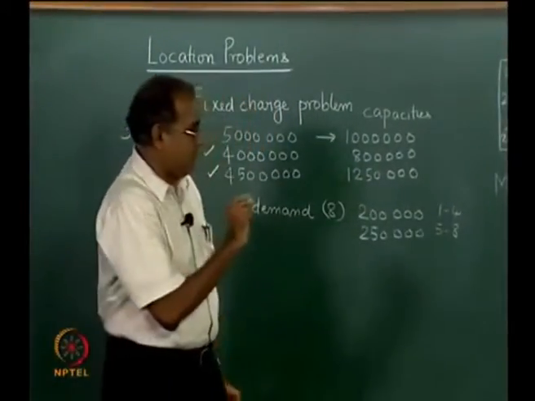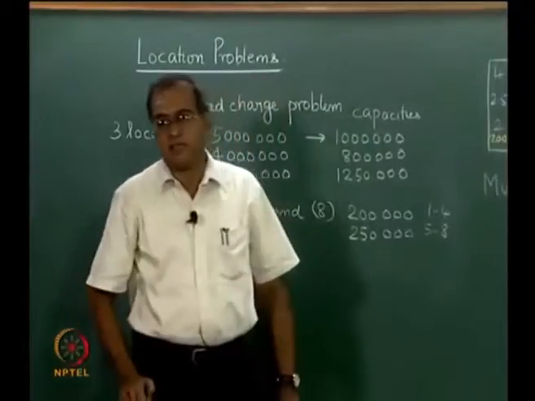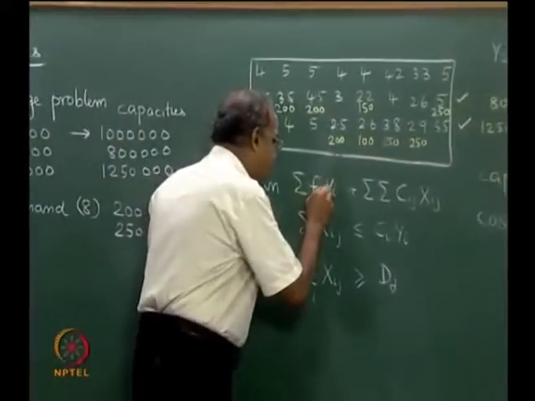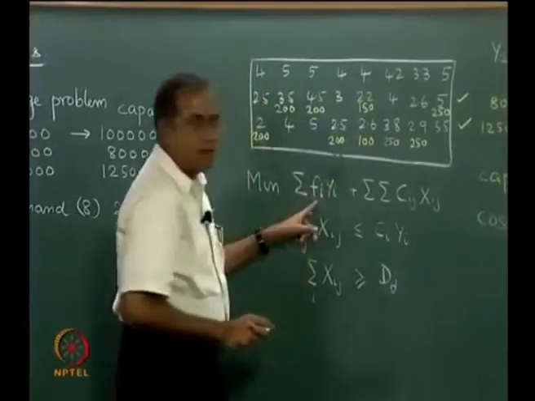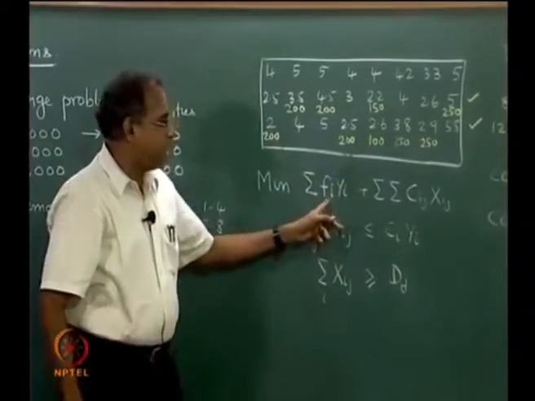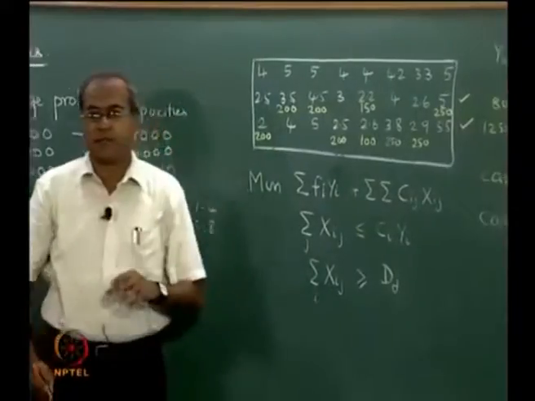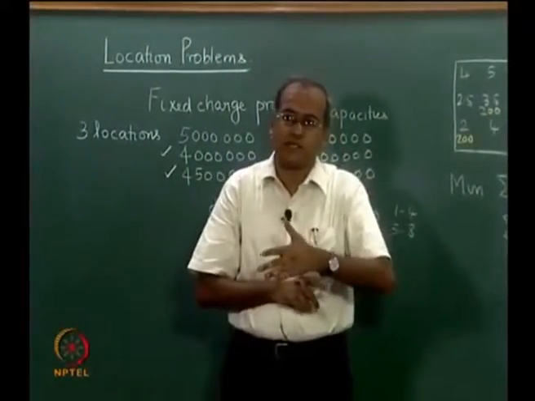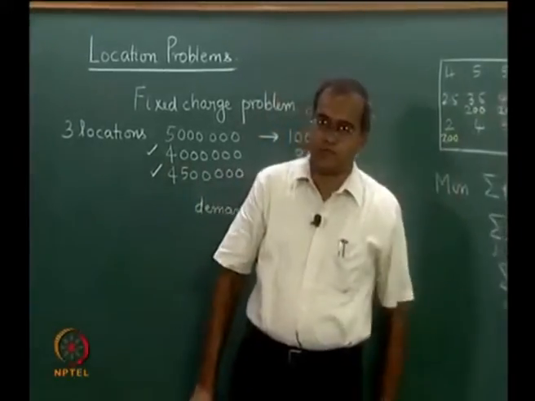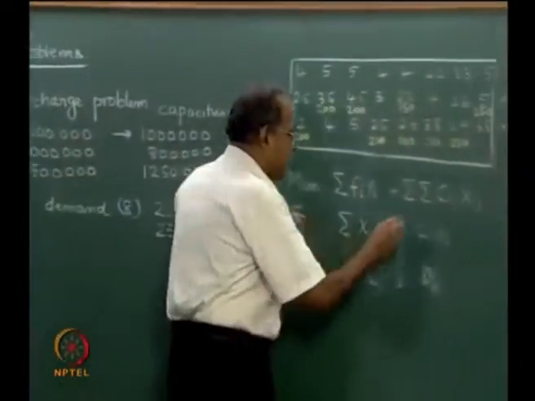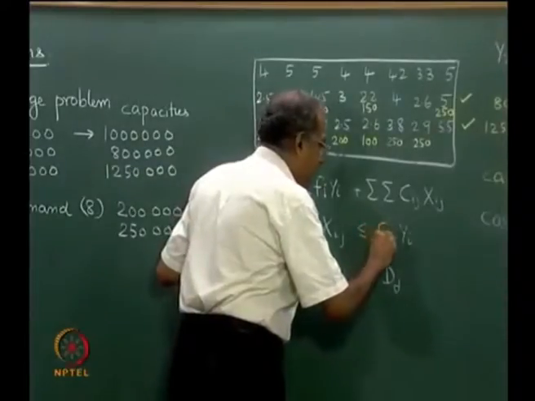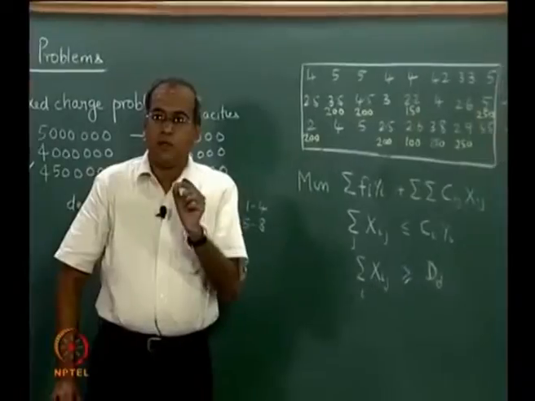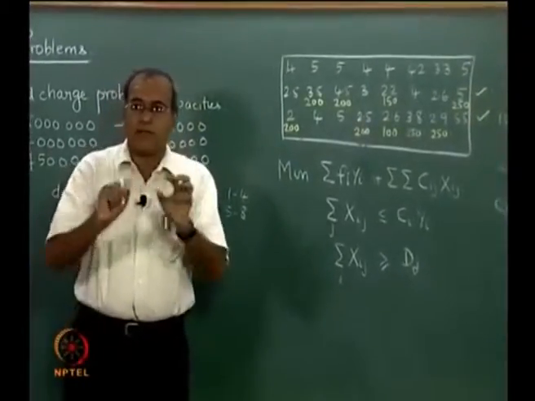There are still a couple of interesting issues in solving the fixed charge problem. One is what this Fi represents: the fixed cost of setting up the facility, whereas Cij Xij represents the cost of transporting items from the chosen facilities to the demand points. Now, there is also a Dj which comes here, Dj is the demand during period j. Now, what is the period that we are talking about?